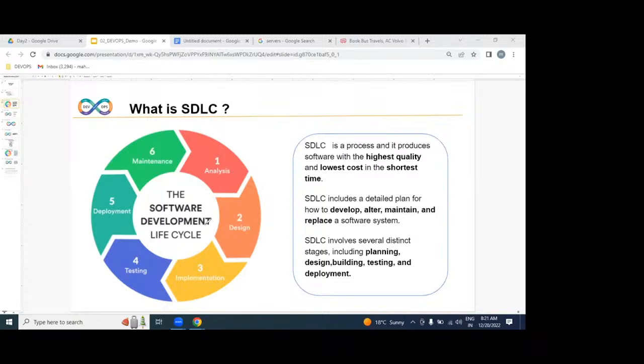Like our cricket team, like movie makers, all together. If you want to make a movie, actors are required, heroes, actors, editors, and so many 24 crafts we have. Am I right? But here the actors are the developers. But the director is the DevOps engineer. Understood? Very simple way to understand here.